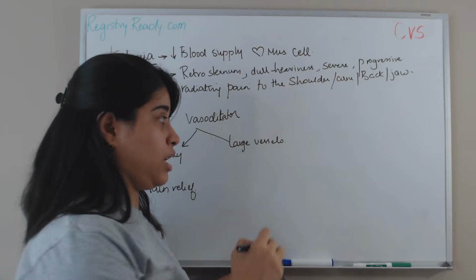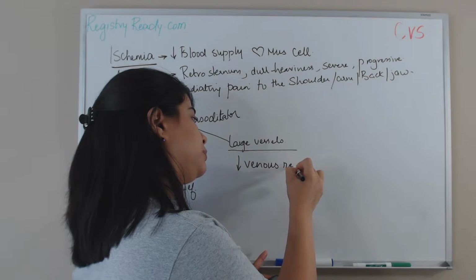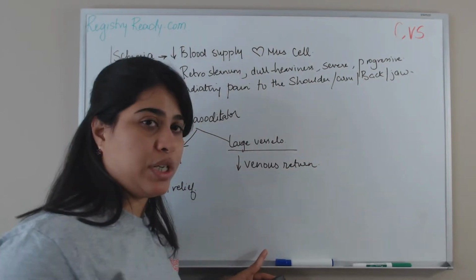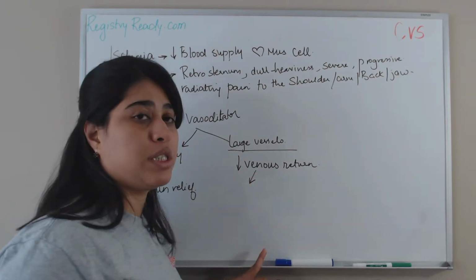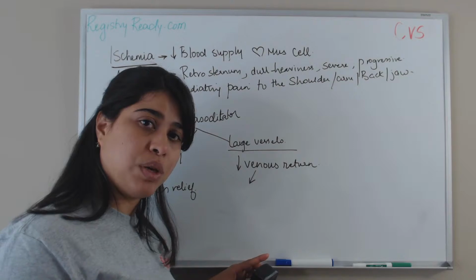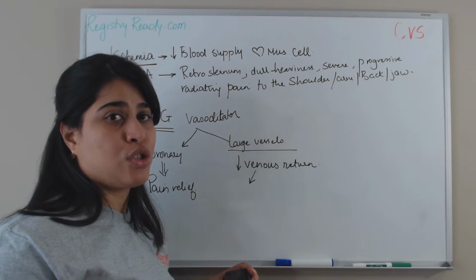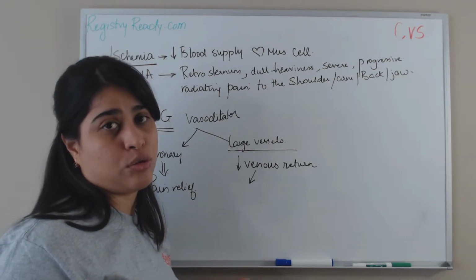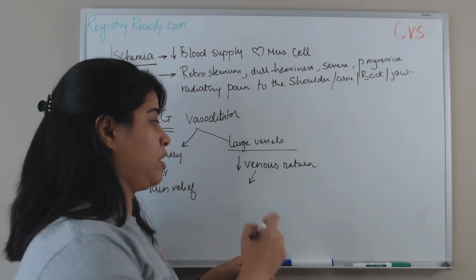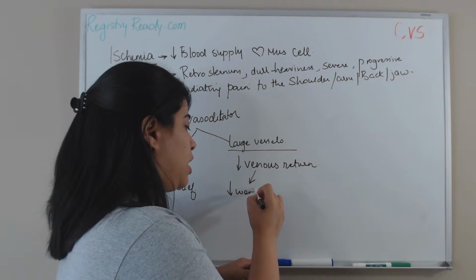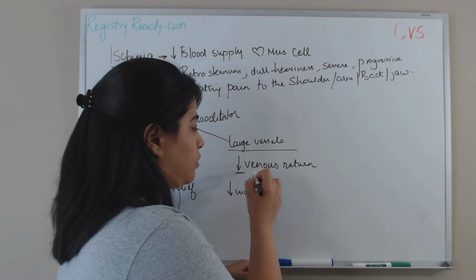But when it dilates other large vessels, it has a tendency to drop the venous return. This drop in venous return has a desired and an undesired effect. Desired effect being that if there's decreased venous return to the heart, that means decreased blood flow coming back to the heart, means the heart has to work less than what it was. So its demand starts to go down. When its demand starts to go down, whatever supply was there can meet up with the reduced demand. So decreased workload is the desired effect,